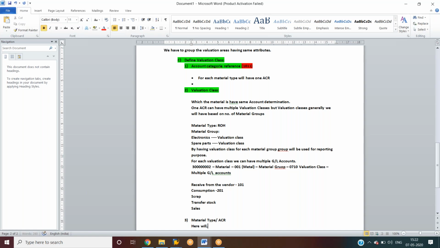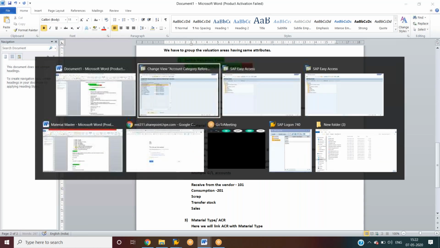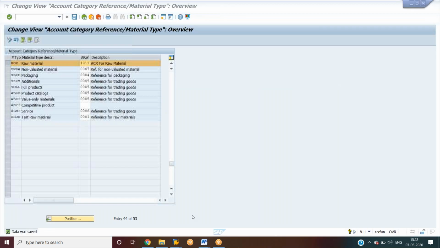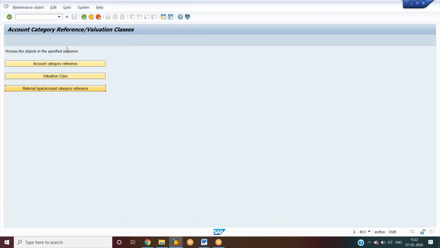Keep in mind, here what we have performed, we linked material type with account category reference.